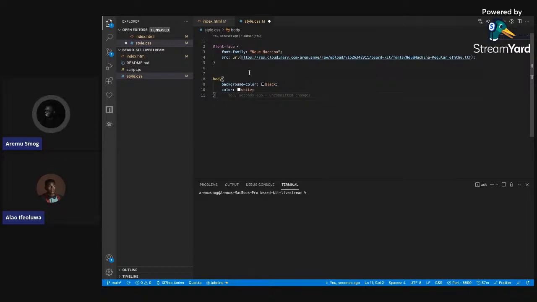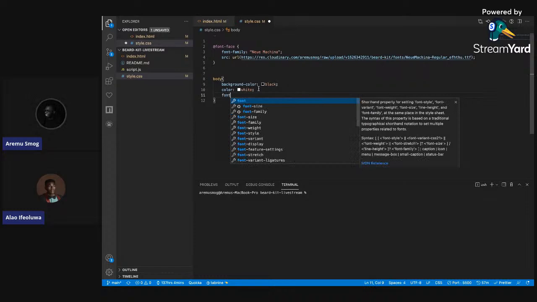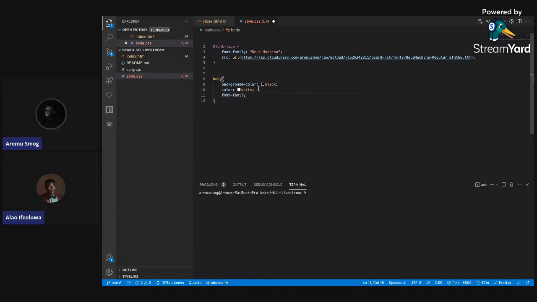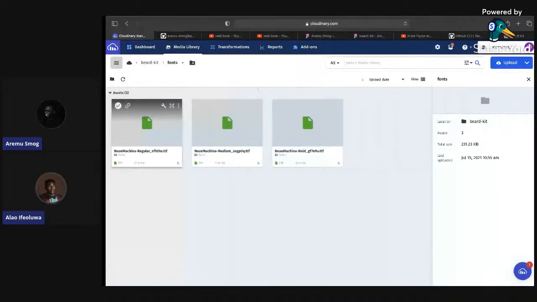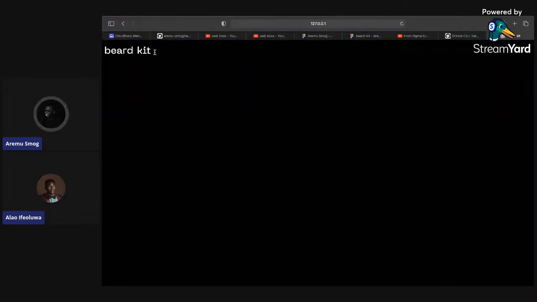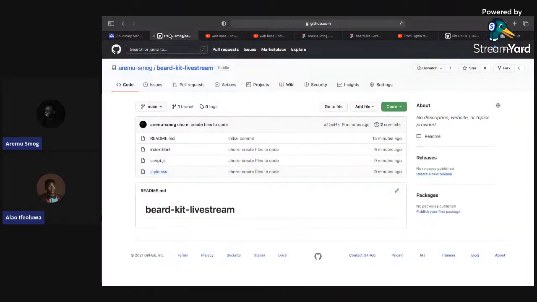Okay. So now we've created the fonts. @font-face, font family is Nue Machina. The source is this. I can now come in here and simply say font family is Nue Machina. Save it up and come back to our code here. And you can see that the font has changed. So that's good. But there's one problem, which is that this font